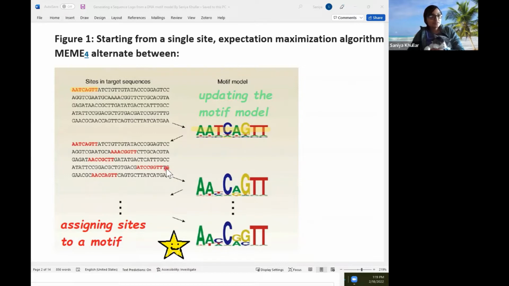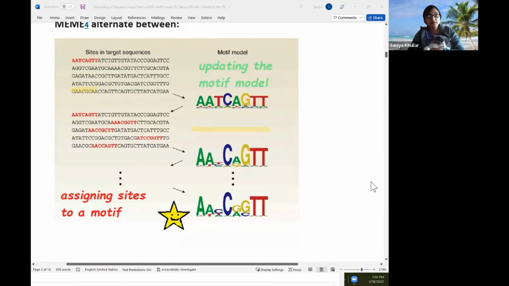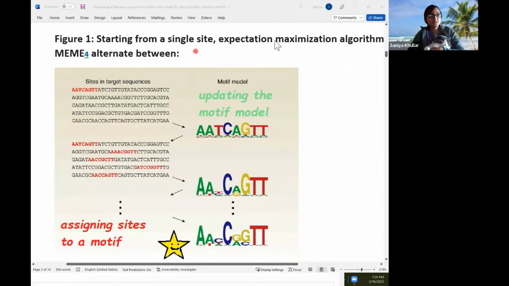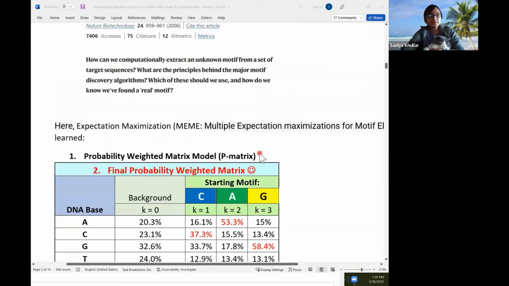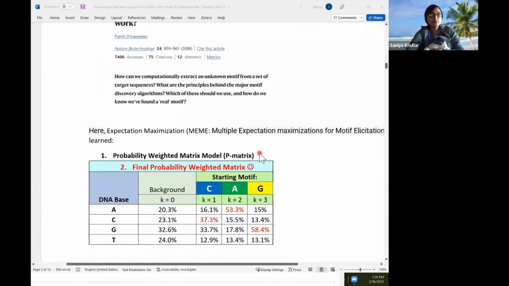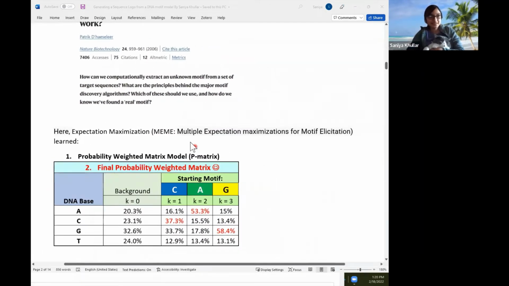So you can see, for instance, we are kind of moving towards AA, something else. We are constantly updating our motif model till we identify the best model as well. So that's how it goes: start from a single site and then we alternate between the steps. And I talk about this in more detail in my other videos. But basically, MEME, multiple expectation maximizations for motif elicitation,